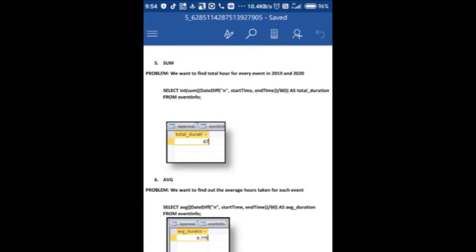The DATEDIFF is used to subtract the end time and start time. The letter n is to declare the result as minutes. We divide by 60 to get the hour in integer.